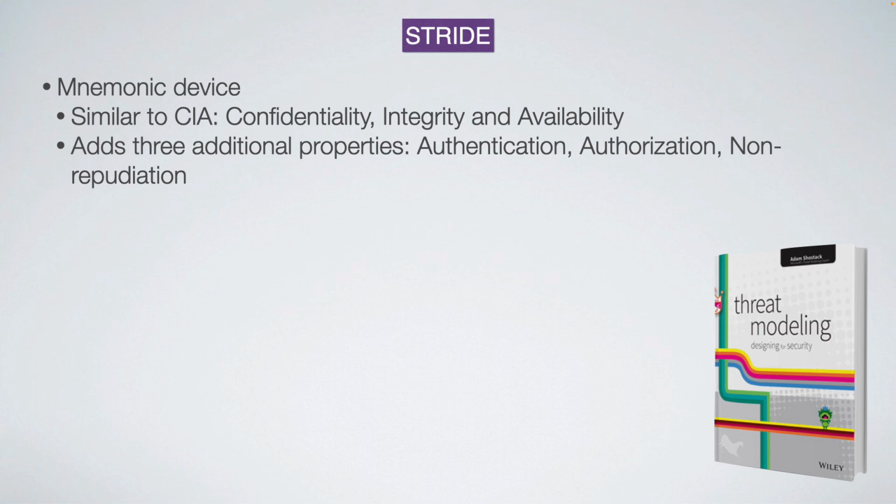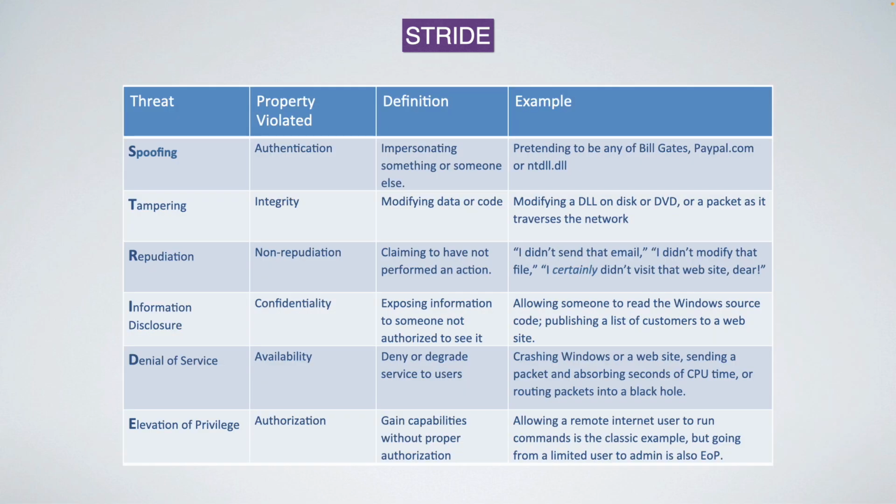So it comes from someone at Microsoft Research, Adam Shostack. He felt like CIA doesn't capture enough. And so here are six categories that do pretty well. Microsoft uses it internally, and it seems to be pretty comprehensive. Okay, so STRIDE,